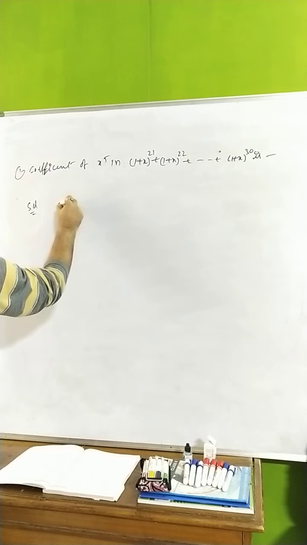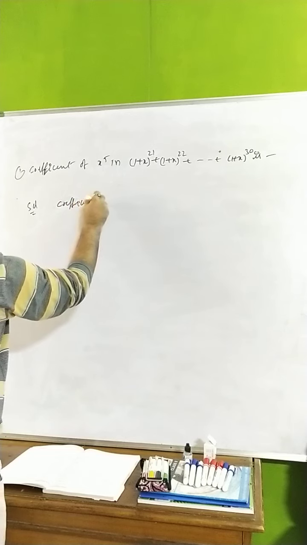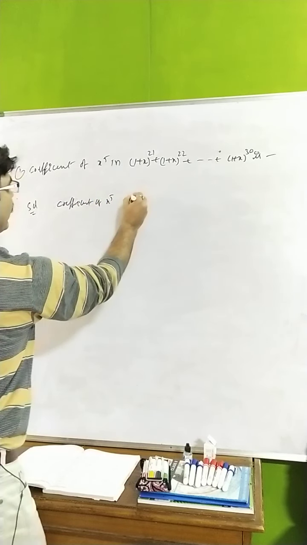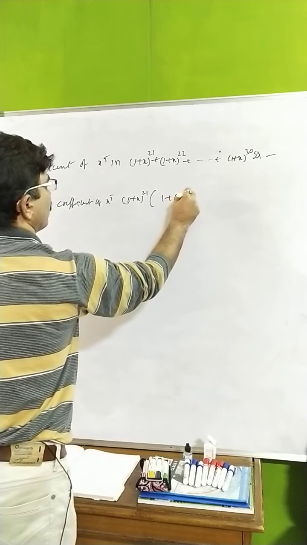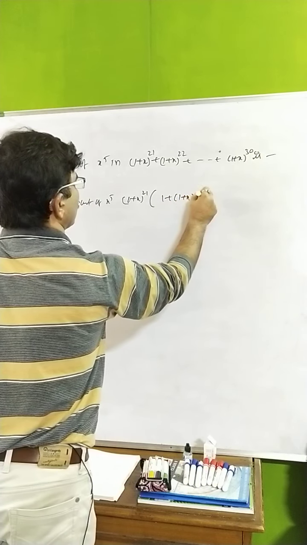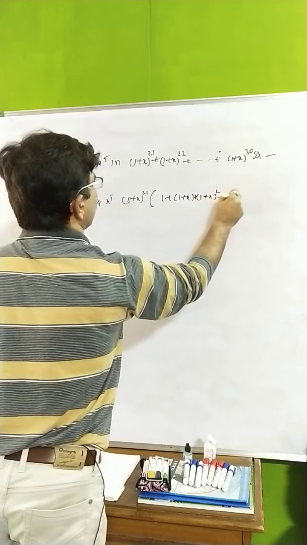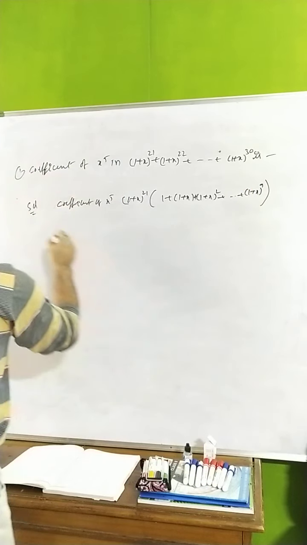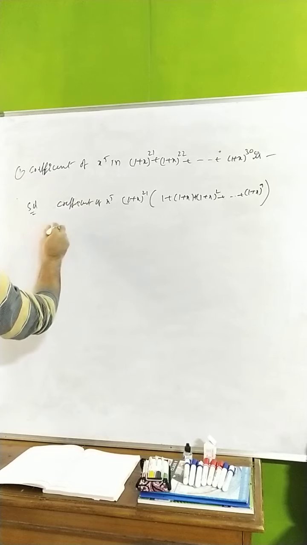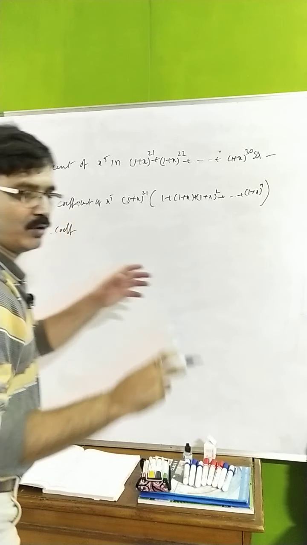What do we have to find here? The coefficient of x to the power of 5. Better you take down (1 plus x) to the power of 21 common. You have here like this, (1 plus x), plus (1 plus x) whole squared like this, up to (1 plus x) to the power of 9. Here I want to apply